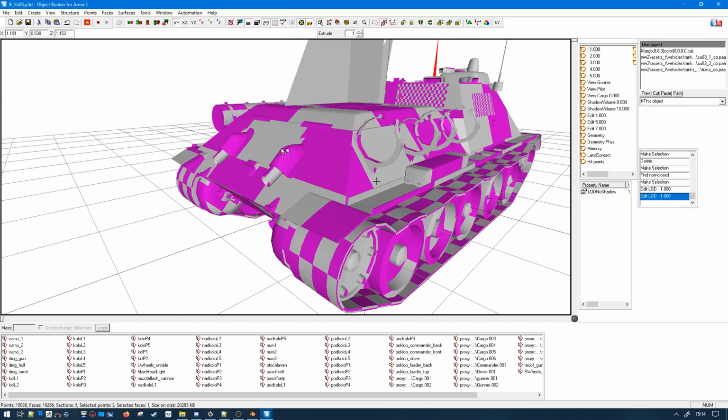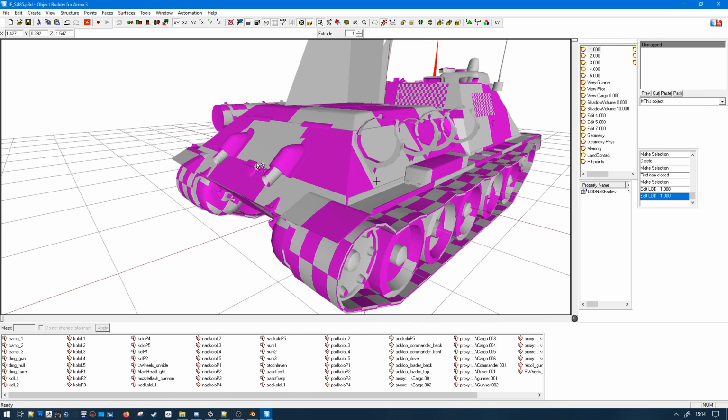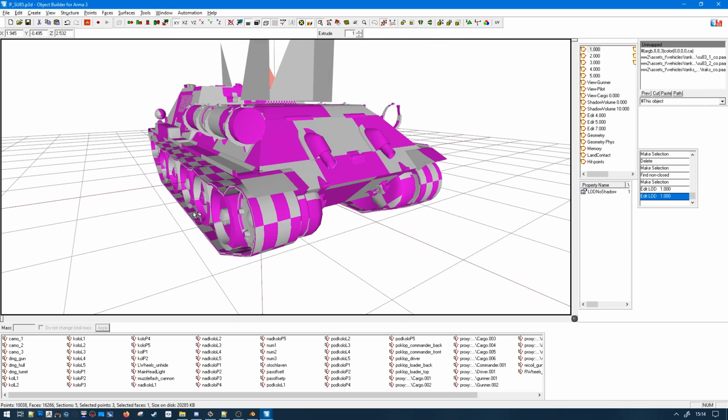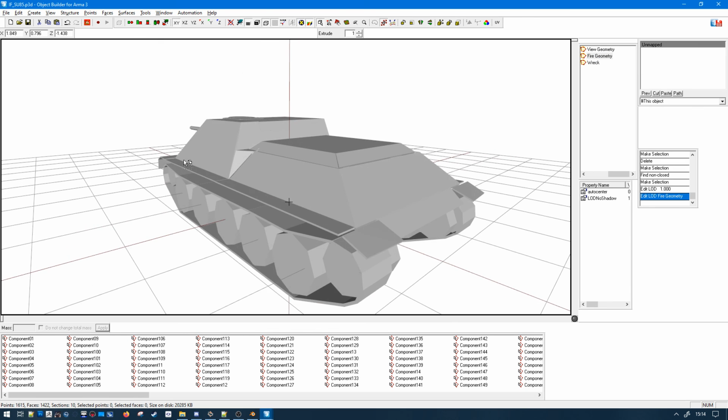Like for example, you have no fire geometry over the exhaust. Oh really? Oh my god. Yeah, so that's creepy. This one is quite creepy. Okay, like I mean the exhausts are okay, but this is quite creepy.